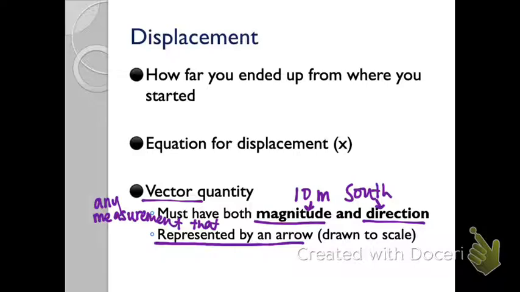Okay, so let's look at what that means. When I say they have to be drawn to scale, that doesn't mean we have to get out a ruler and actually write up a scale to draw it. But what it does mean, if I have a vector that's 5 meters,